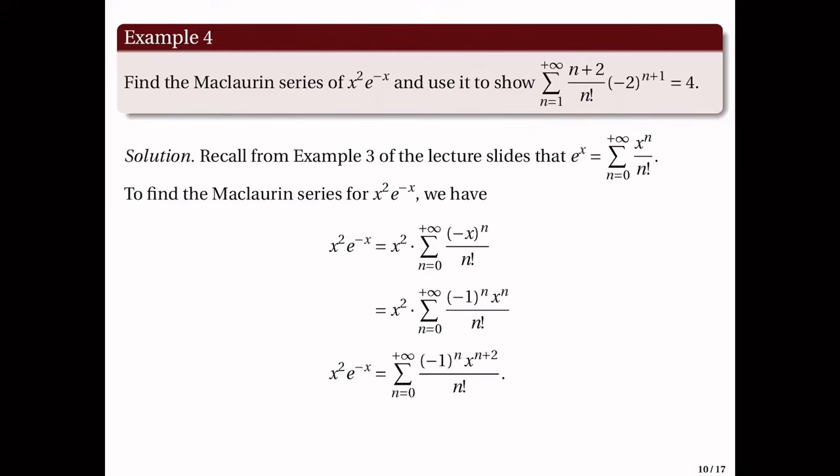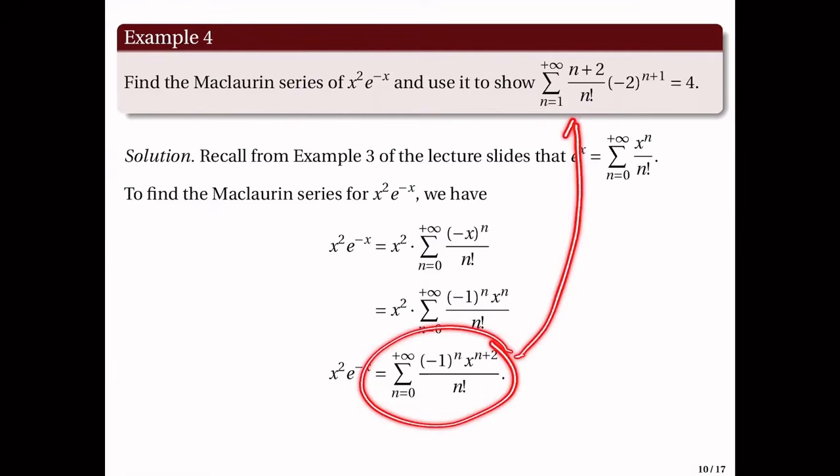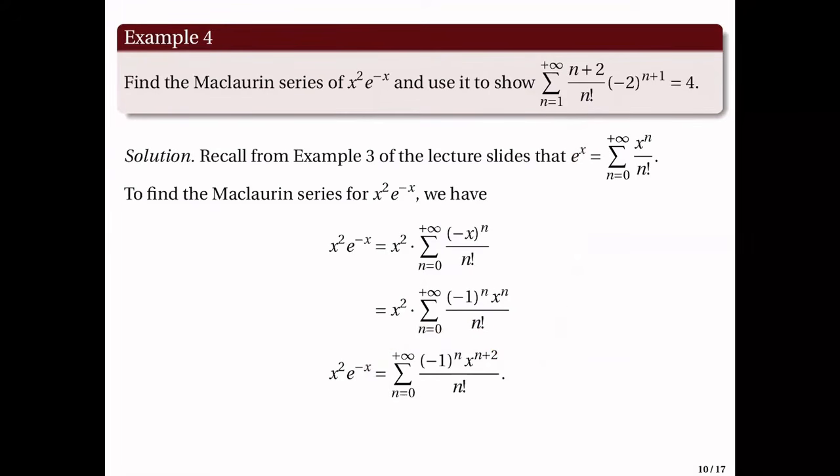Kung titignan natin yung ating problem, kung ano yung gusto nating ipakita, okay? Observe that kapag kinompare natin siya dito, sana magkaroon tayo ng idea, no? Na kailangan natin i-differentiate ito to get this series. Kasi meron tayong factor na n plus 2 sa ating